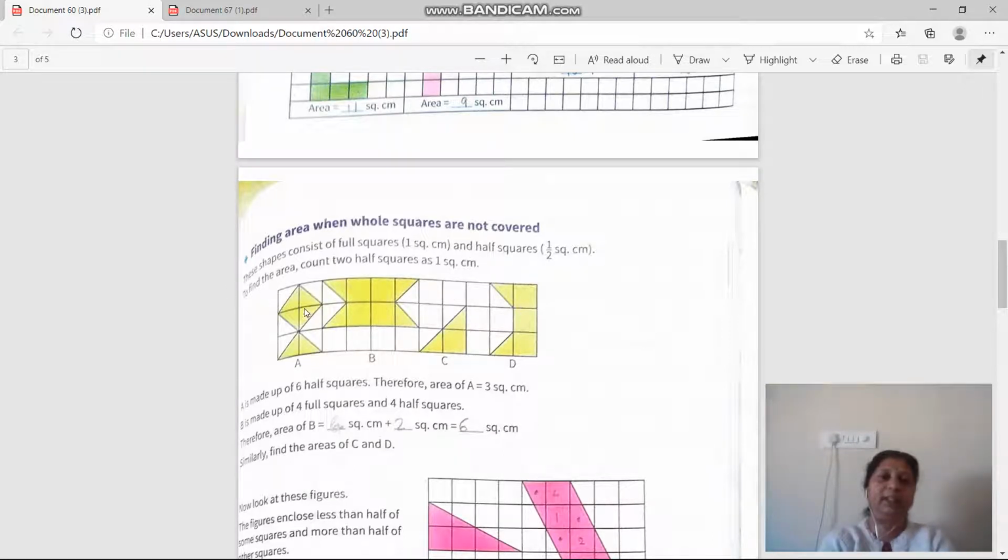Okay, so let's calculate. See here, half and half 1, half and half 1, it becomes 2, and this half and half it becomes 3. Get it? Now see here, half, 1, 2, 3, 4, 5 and this half 6. Okay. Now see here, this is 1 and half 2. Okay. And now see here, 1, 2, 3 and half 4. Get it?